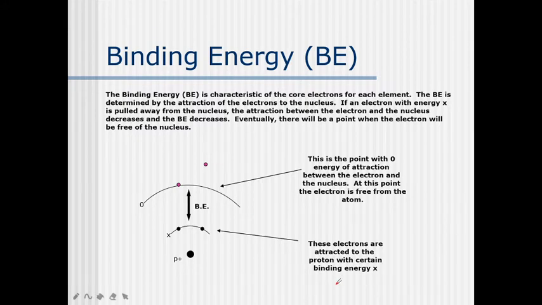Now let us understand the concept with this diagram. These are the electrons attracted to the nucleus with a certain binding energy x. Now here I am speaking about X-rays. At some point, when the electrons achieve enough energy, they can be ejected out. In turn, the nucleus will lose its influence on this electron and the binding energy will decrease. Once this binding energy decreases, the electron will be ejected out. This is how we understand the binding energy of the core electron systems.